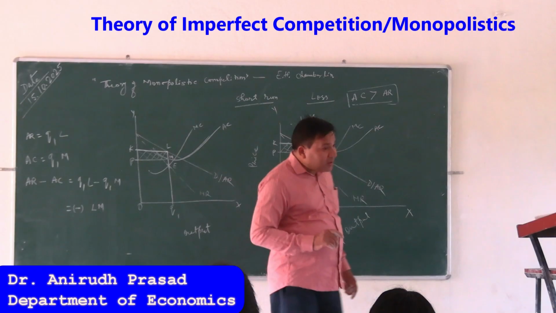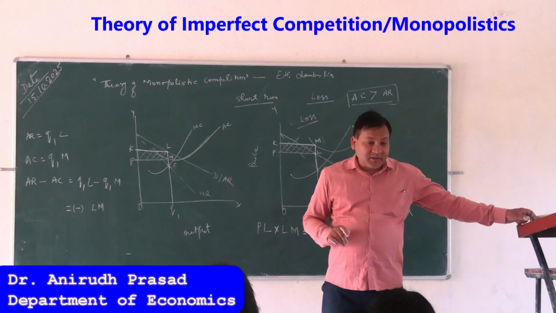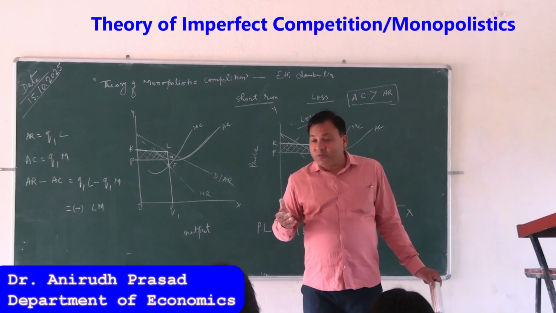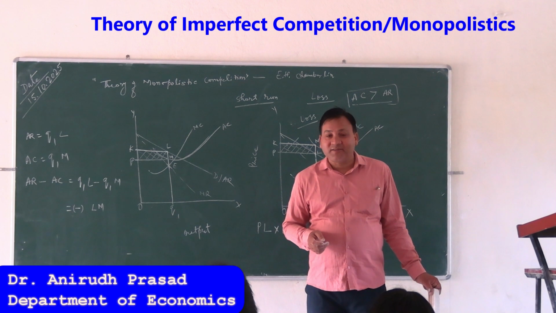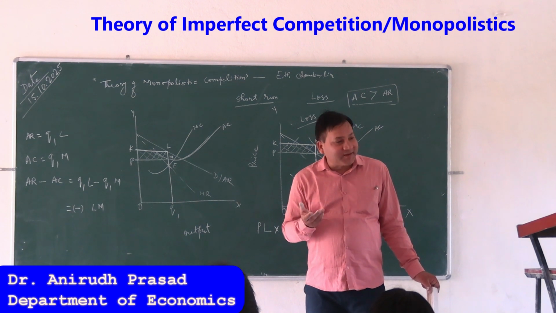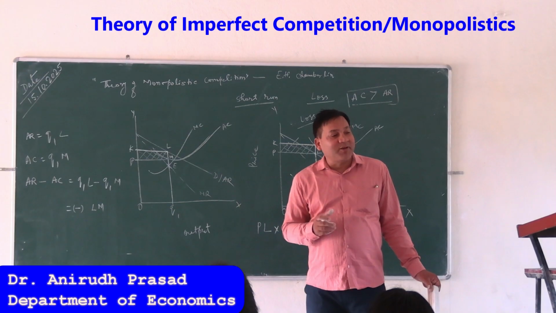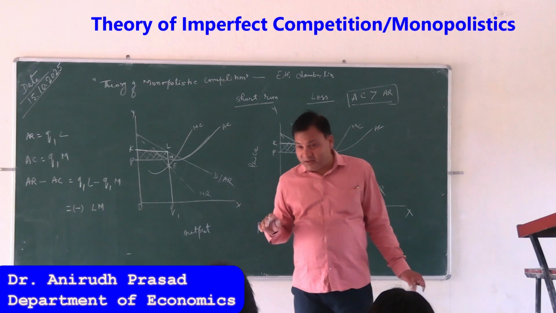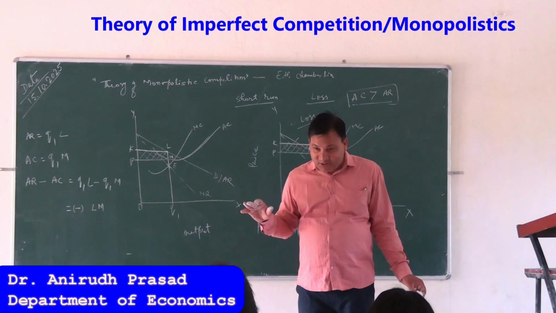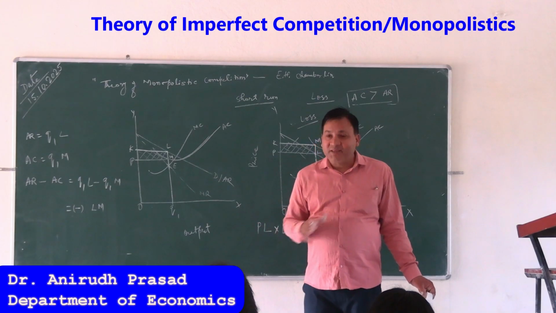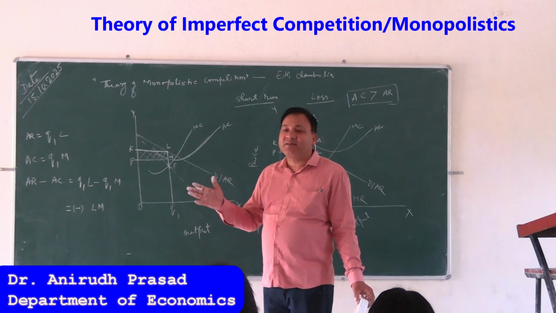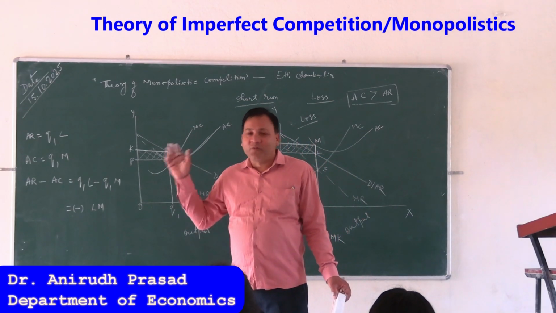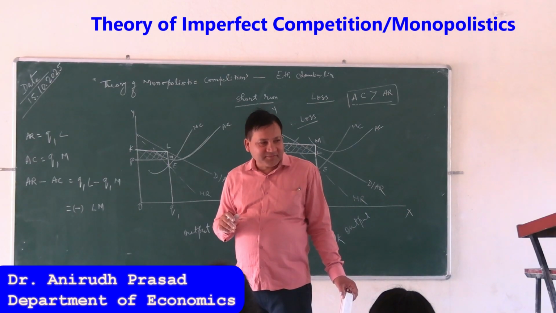The firm will not get loss in the long run because no firm will survive in losses in the long run. How long can a firm survive in the losses in the long period? In the long period, if there is a continuous loss, then there is exit. The firm will stop the production and go out from the market. Clear?